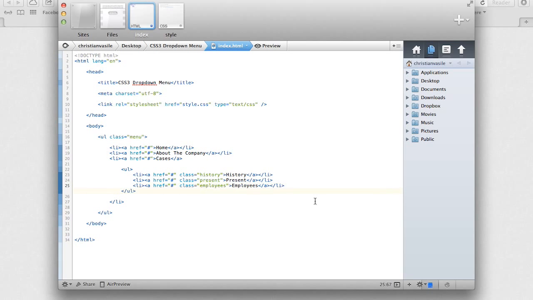Yes, so now we have cases, which will have a submenu comprised of history, present, and employees. So let's copy 3 more. It should be fine. Yes, let's call them cases, or not. No, this was not cases. This was history. Cases, contact us,